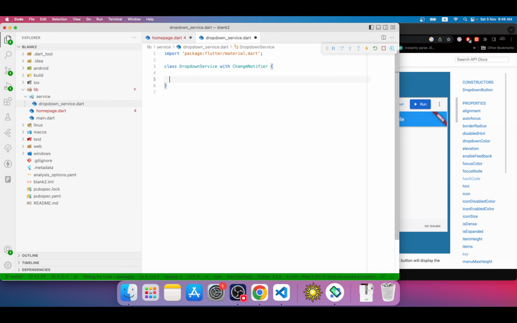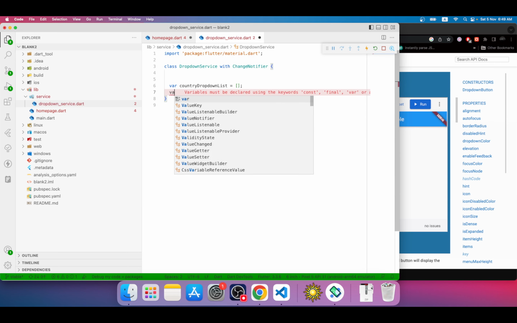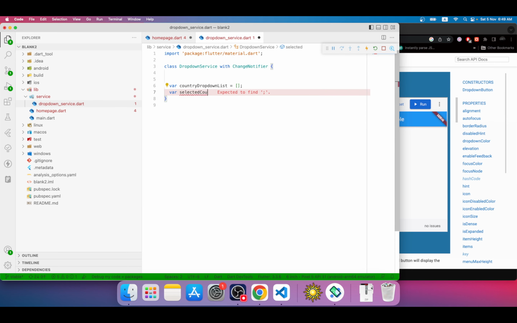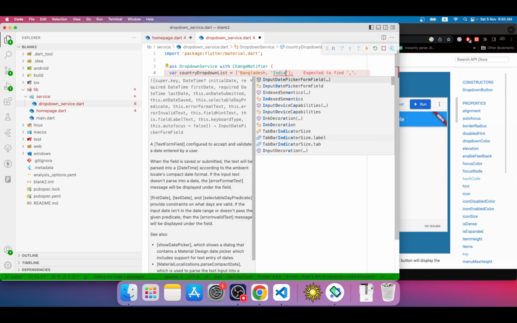Inside this class we will take a list. I will call it countryDropDownList. For now it is empty. I will take another variable which is called selectedCountry. Inside the list I will take some values. Let's say Bangladesh, India,